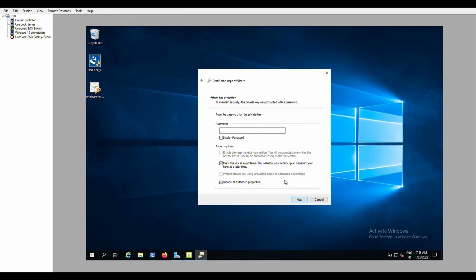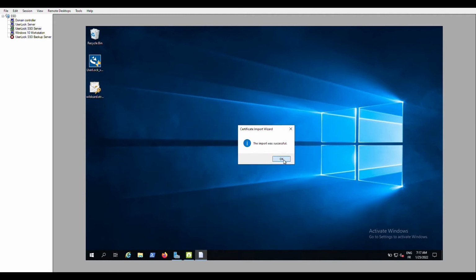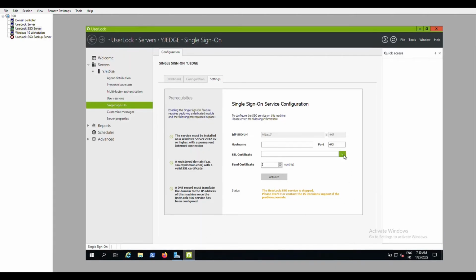We will need it later when we configure the SSO backup servers. So now that I've successfully imported my SSL certificate, it appears here in the drop-down menu and I can select it. I can also change the host name and port to get the URL of my identity provider.